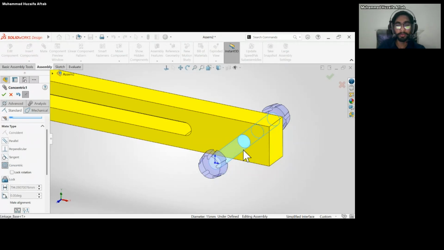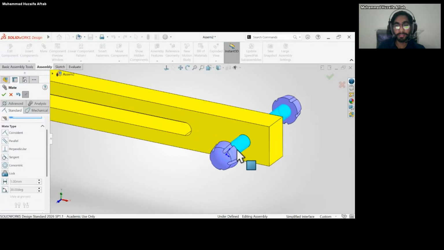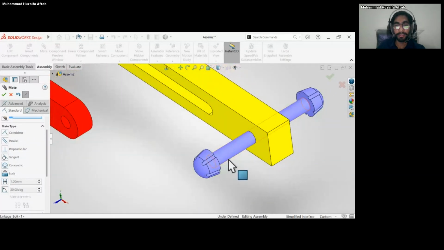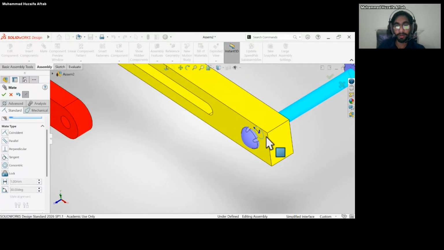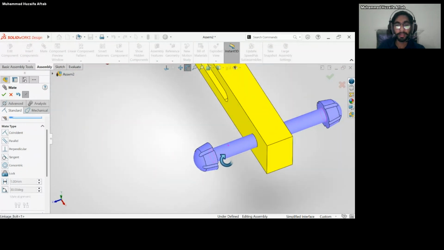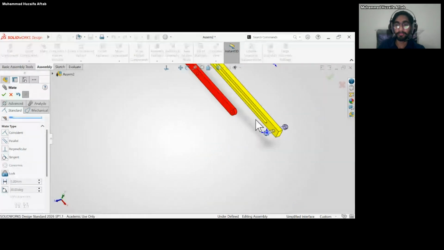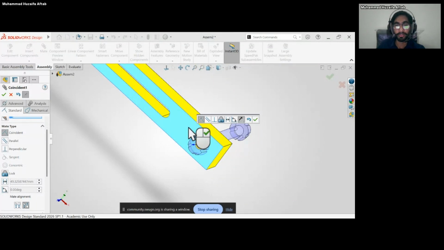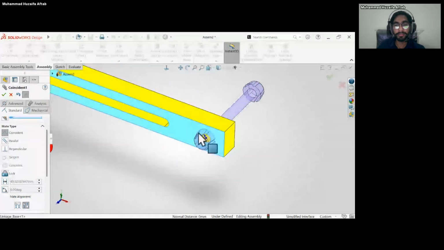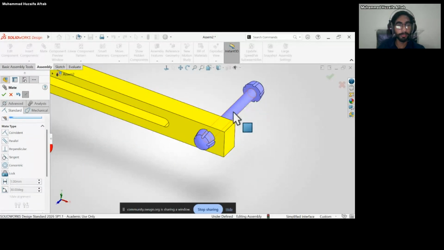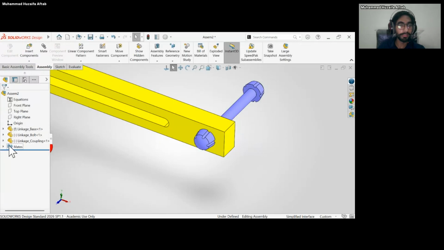When we click on that, it automatically mates with this part. We can see that this is moving out of that. Then we need another mate, which is the coincident mate, to mate this face with the linkage face. When we mate these two parts, now this part is fixed, and we can see in our feature manager tree